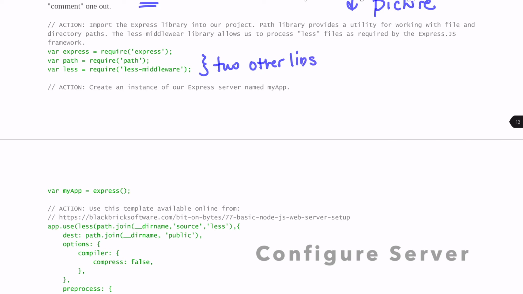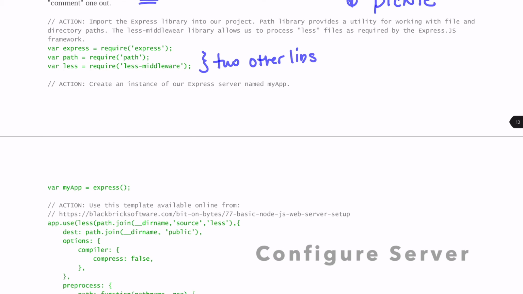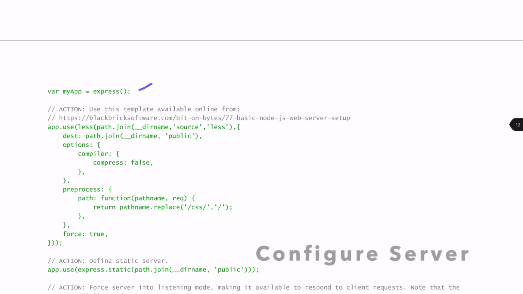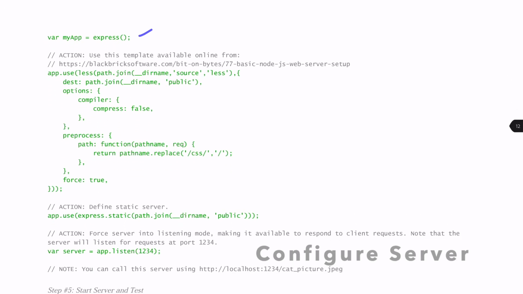The path library is a utility that allows us to work with files and directory paths, and the less middleware library allows us to process what are called less files, as required by this version of the Express.JS framework, but for this version of the server that we're building. Okay, so we import our libraries again, we create our instance of our server, and now here you can see